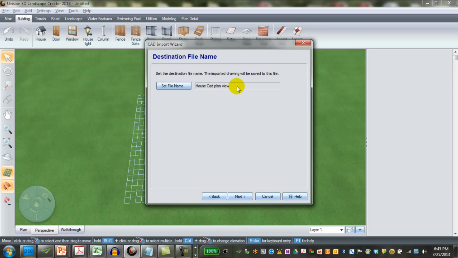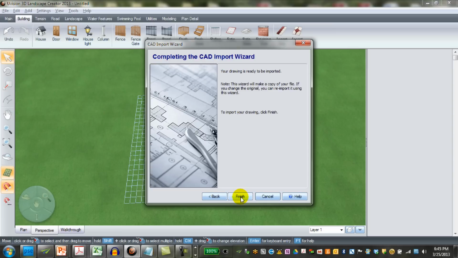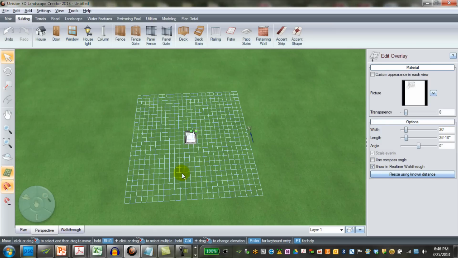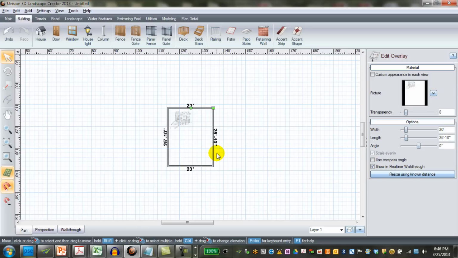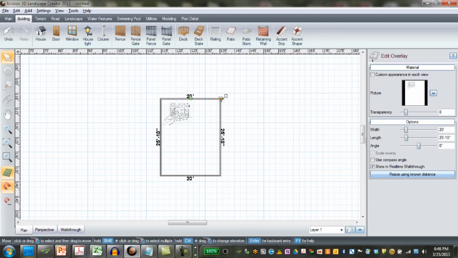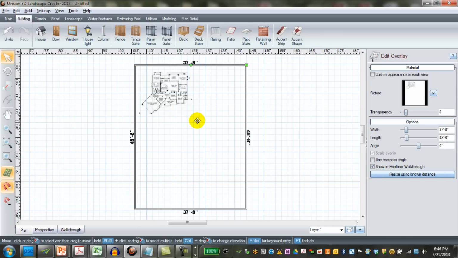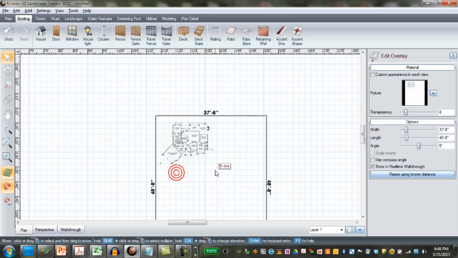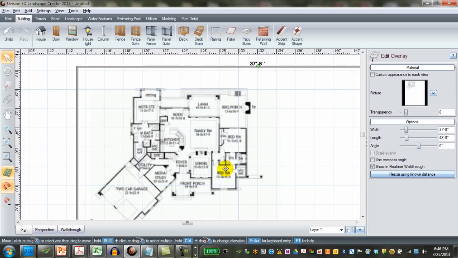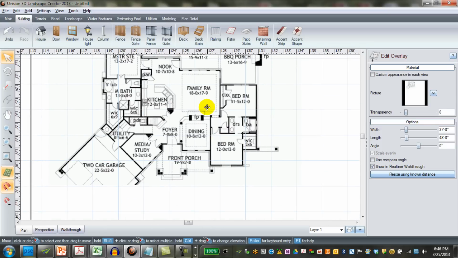You can set your plan to have a file name. Click Next to finish, and you'll find something on screen. Now, I'm in perspective view here. We should be working in plan view. Now, this can easily be scaled just visually and positioned anywhere on the page. The cool thing that I like about this software is the